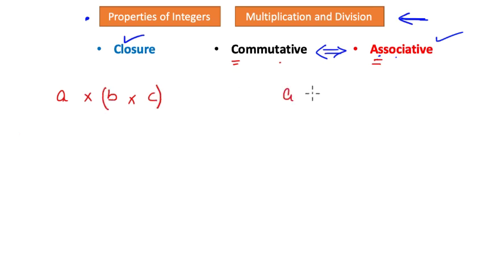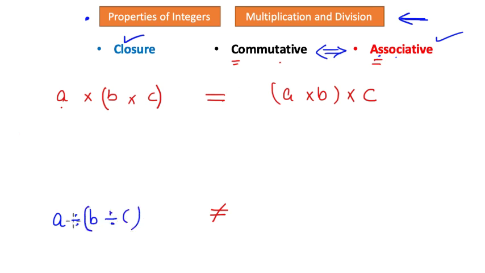The net result should be the same. Meaning the group of B and C to be multiplied with A should be identical to the product of A and B, which in return will be multiplied with C. Okay, but the same principle does not hold true when we have a division operation instead of the multiplication, meaning A divided with B, which is in turn divided with C.